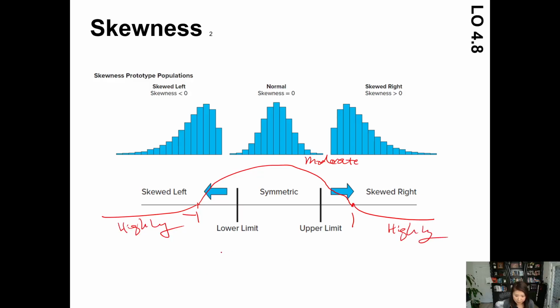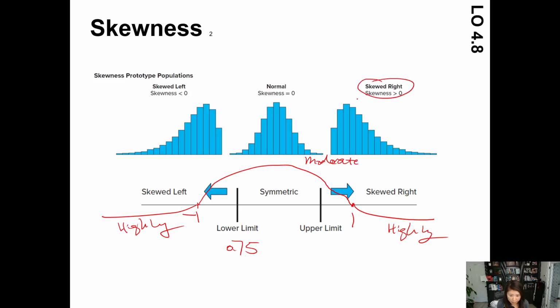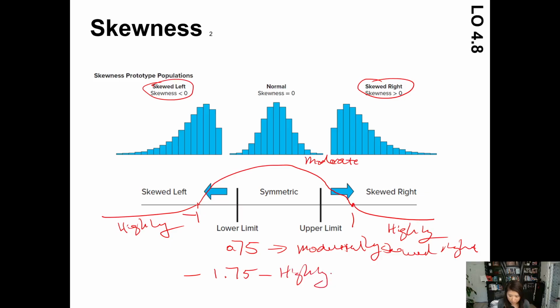Let me give you an example here. Let's say the skewness equals 0.75. First of all, it's positive, so it's skewed right. Second, it's between -1 and +1, so that would be moderately skewed right. How about -1.75? It's negative, therefore skewed left. And it's also in the range below -1 toward negative infinity, so therefore this is called highly skewed